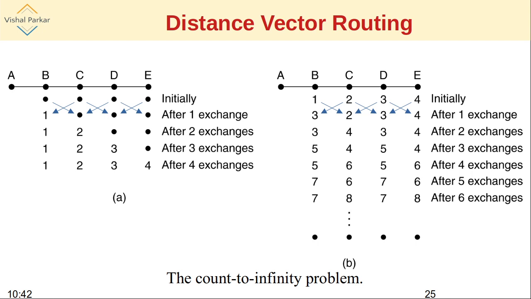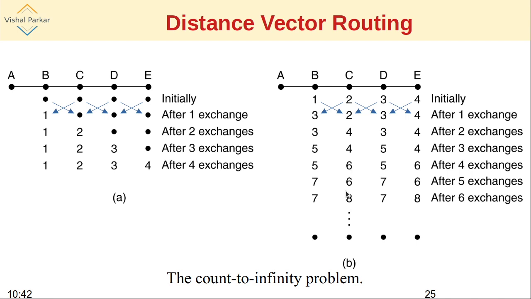So this is the time it takes to know a particular fact, that a router has gone down. The bad news will take more time to reach the remaining routers. So it will take more time for the news that a router has gone down to reach the whole subnet. So the good news propagates faster, whereas the bad news takes longer to reach the routers.